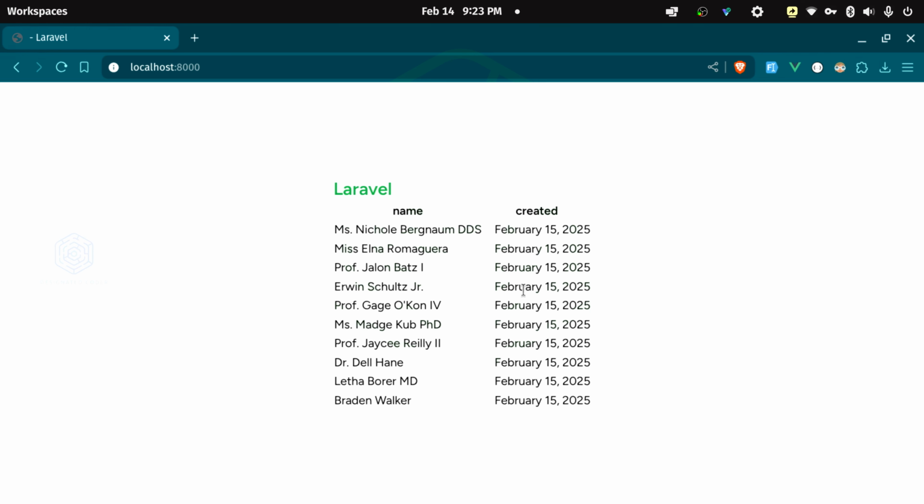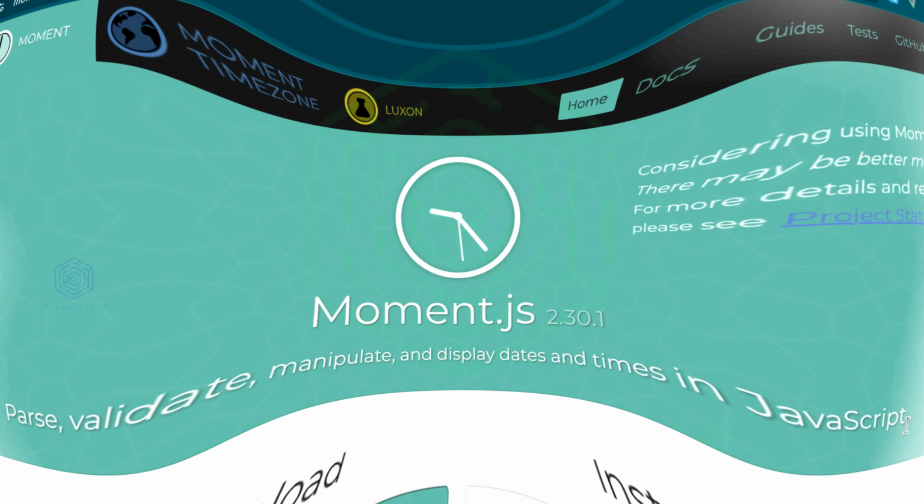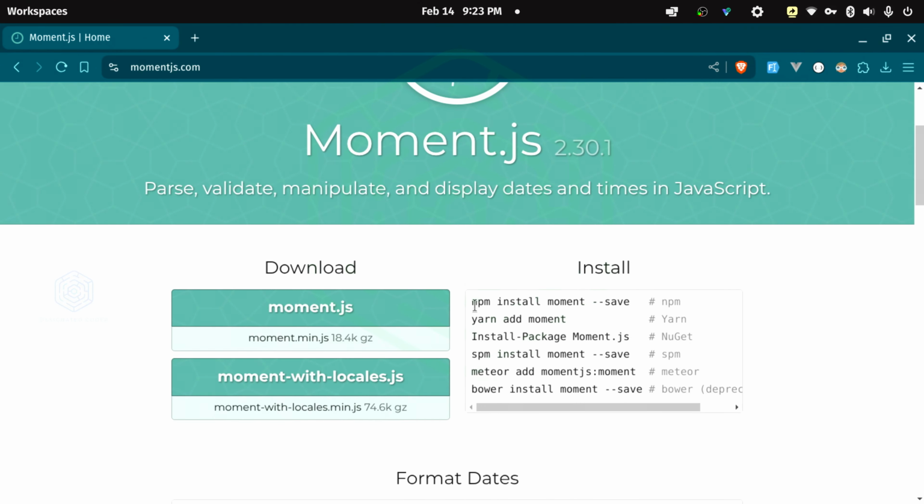The next thing I want to do is the same thing, but with Moment.js. Now from here, it's going to be a really easy install. I'm going to be using NPM, so I'm going to grab it from here and install it instead of using the CDNs, because I want you to see how this works in your project.